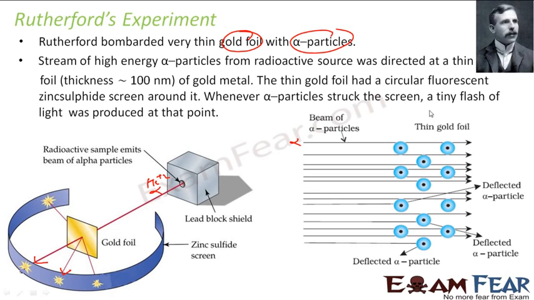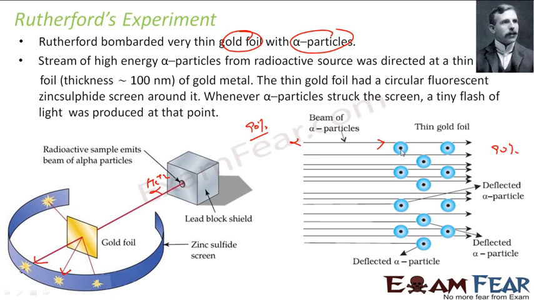That means there is a lot of empty space. Because you see, if 90% of the alpha particles are going straight, that means most of the thing is empty space, right? The place which I'm hitting is empty space, correct? And with that, he concluded that